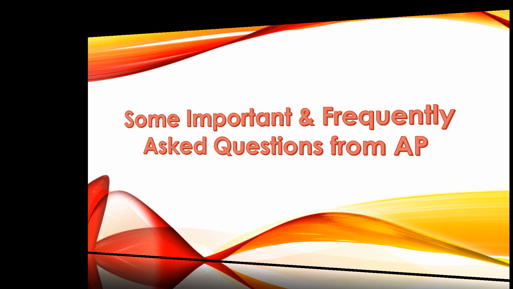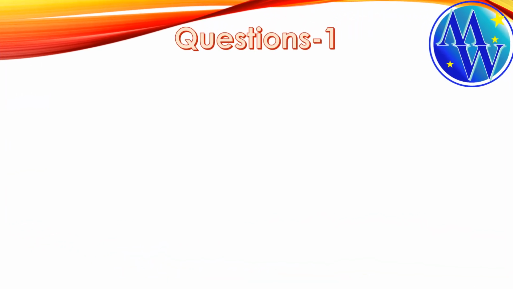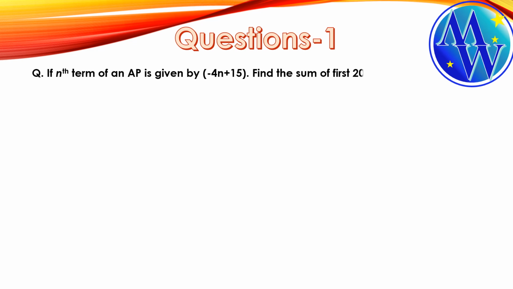Now let's solve some important previously asked questions in the board exam. So get ready with your paper and pen and try to answer along with me. Question number 1. If the nth term of an AP is given by minus 4n plus 15, find the sum of